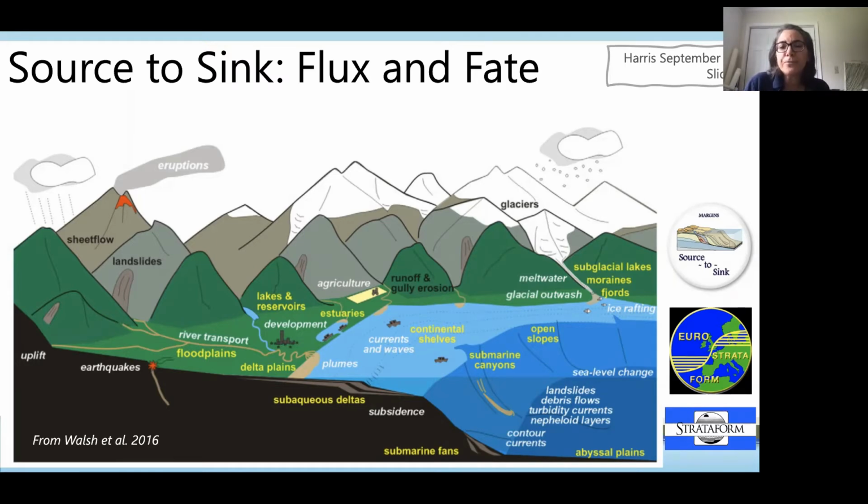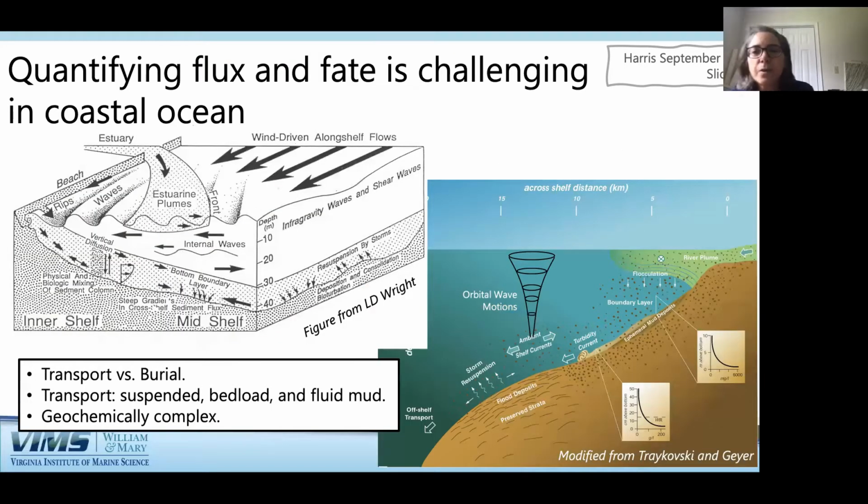So in order to account for the sediment transport in those shallow coastal environments, we need to be able to account for the processes, or the physical oceanography, that is moving the sediment from its riverine source out to marine sink locations. So I often use these two schematics. One is from Don Wright's book, and then this is a schematic that was generated by Peter Traykovski and Rocky Geyer. So in Don's figure, he's showing what was thought of as the important processes for sediment dispersal at the time that he wrote the book.